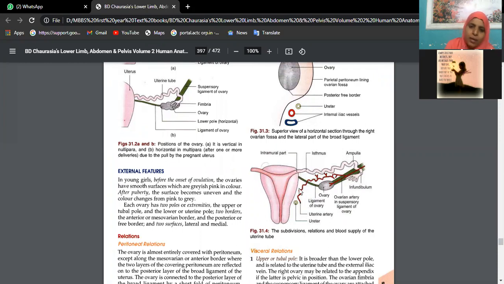Then the whole of the uterus is covered by a big fold of peritoneum, which is called the broad ligament. Within the broad ligament you will see the fallopian tube, the ovary, the suspensory ligament of ovary, ovarian ligament, ureter, uterine vessels, and ovarian vessels. A lot of fat and lymphatics will also be inside the broad ligament. The broad ligament actually forms the false support, not the true support.